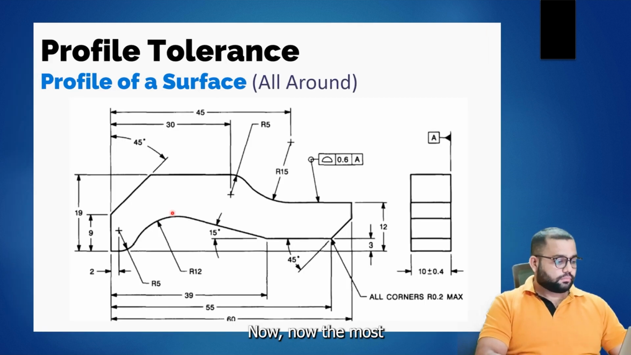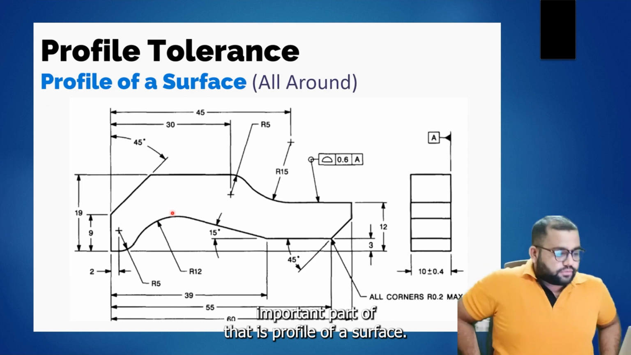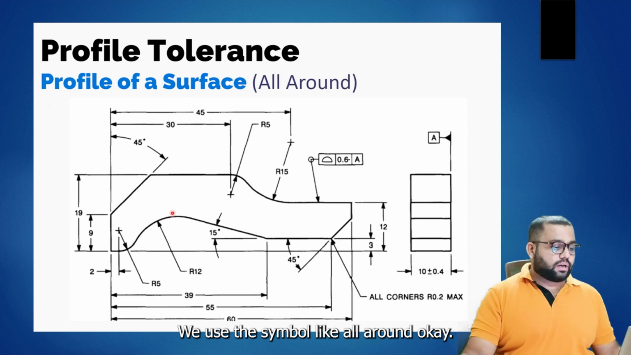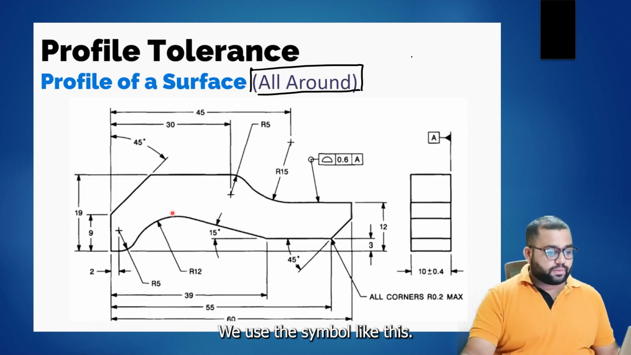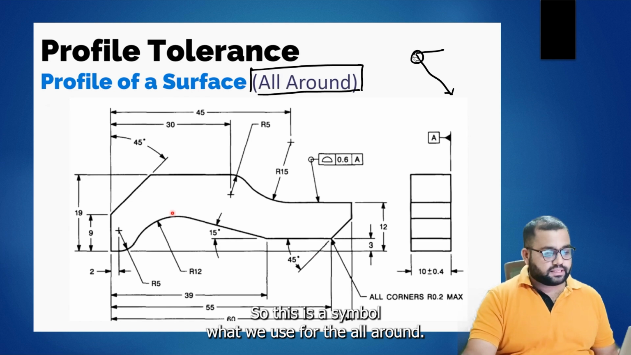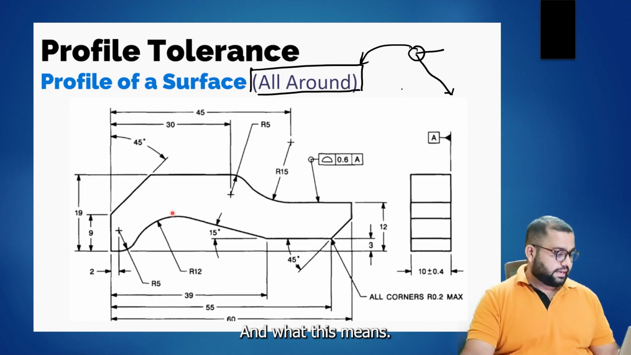Now, the most important part of that is the profile of a surface. We use the all around symbol. In this case, for all around, we use this symbol like this. So this is the symbol for all around, and what this all around means